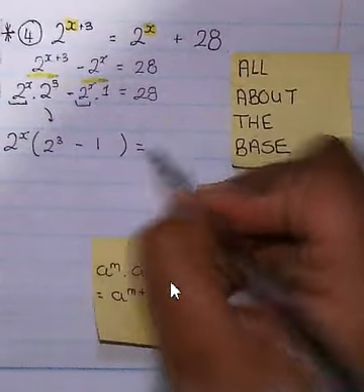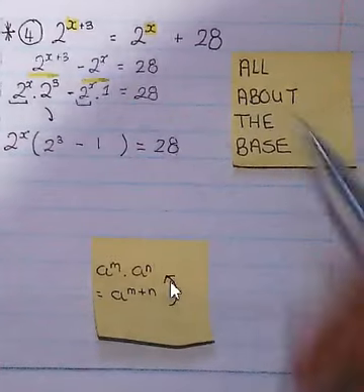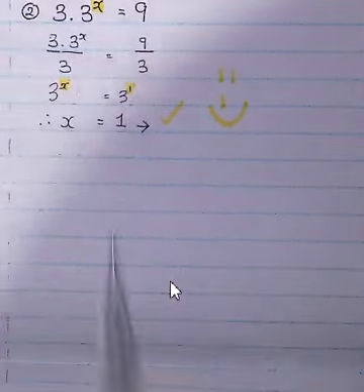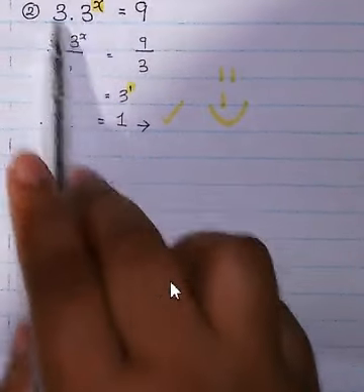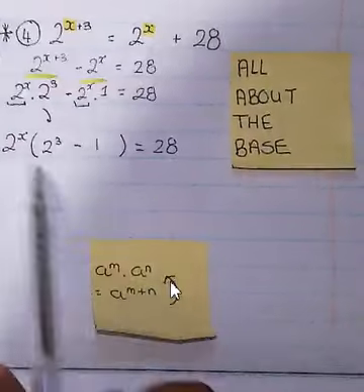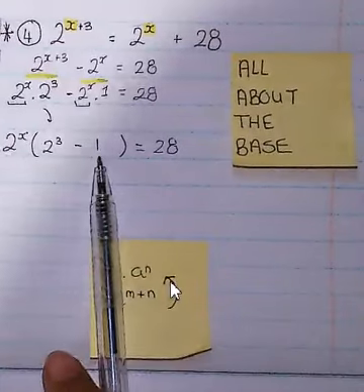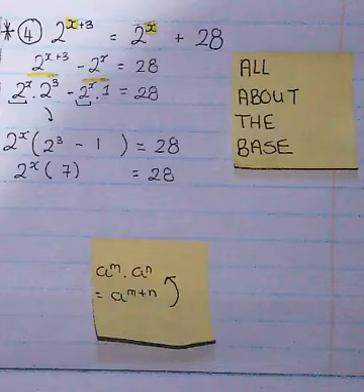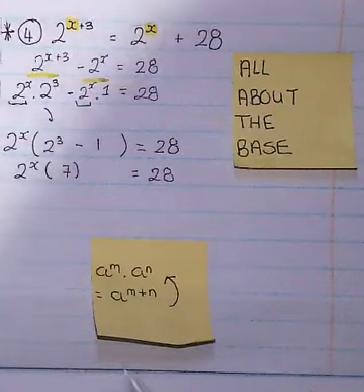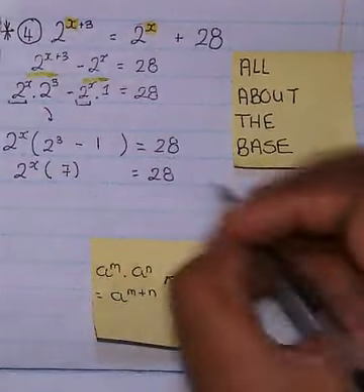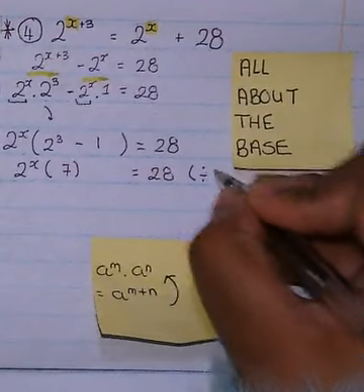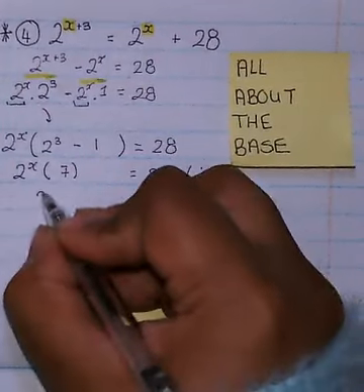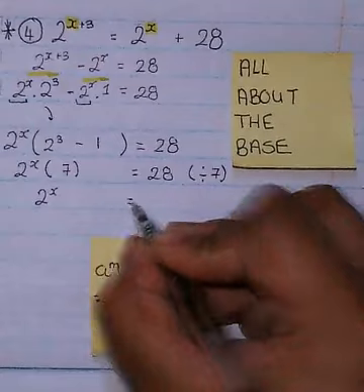minus 1 equals 28. At this point we have something very similar to example 2, where we had the thing we care about multiplied by some number. So here is what we care about, multiplied by some number, and we just need to go ahead and divide by that number. So we got 2 exponent x multiplied by 7. I'm going to write it down here that we divide both sides by 7 without writing out that extra step. So that means I'm left with 2 exponent x equal to